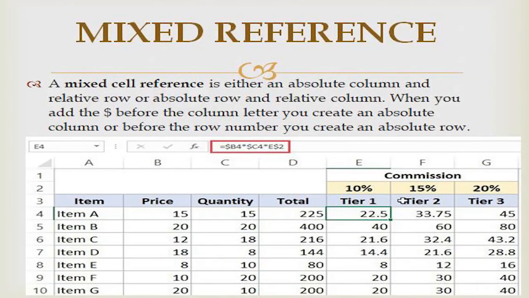That means here there is a tier 1, there is a 10% commission. So here we are using the mixed reference values. For example, I told you already, price and quantity, and we are adding the E2 value of 10% also. We are adding it in a different cell. See here, 15 is in B4 and C15 is in the C4, and E2 is having 10%, and the tier value we are getting in E4. In these cases we use the mixed references.